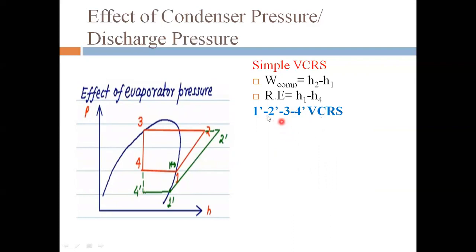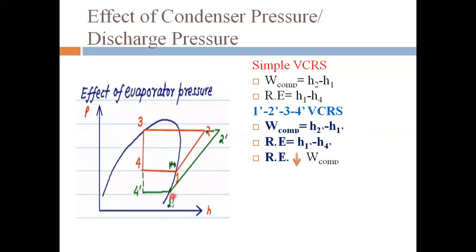That is a new VCRS by changing the evaporator pressure. So in this case, W compressor is H2 dash minus H1 dash, more compressor work. RE is slightly reduced because this curve is changing in this way, having the curvature. So the refrigerating effect is also slightly affected. So new RE will be H1 dash minus H4 dash. So what is the effect on RE and W compressor? RE is slightly reduced, because of the curvature of the saturated vapor line, and